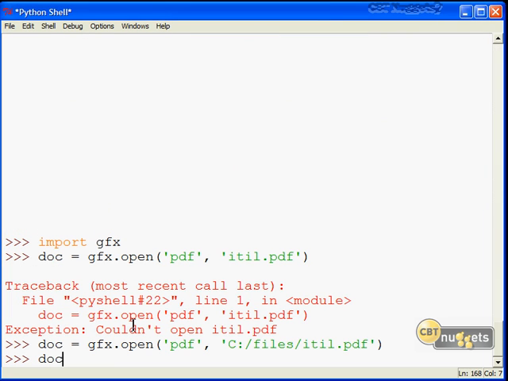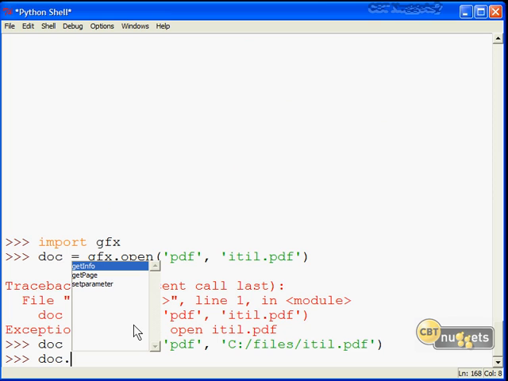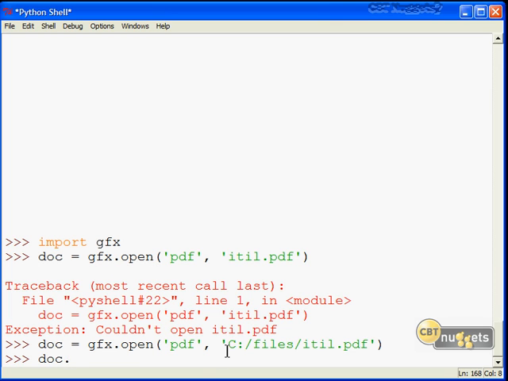And now that I've created the PDF file handle, I can hit the dot to bring up the method list. Unfortunately, GFX doesn't give you an awful lot of ability. You can get metadata properties. That's what getInfo does. You can set properties or parameters to the file, but it's still pretty basic. I think you have the idea though. To any problem in Python, you can find the right tool for the job, that's for sure.